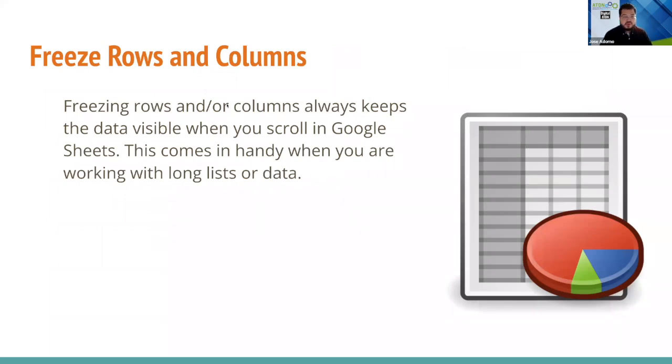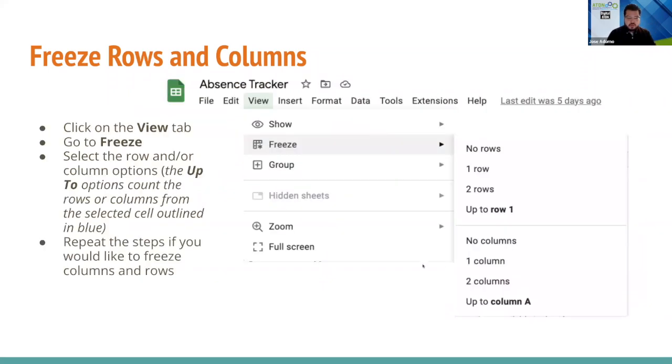So we have here freeze rows and columns. I purposely went here and put instructions on how you could do these. So here, you click on the View tab, you go to Freeze, you select the row or column options. And what I'll do is I'll show you different ways you could do it live, but I just want you